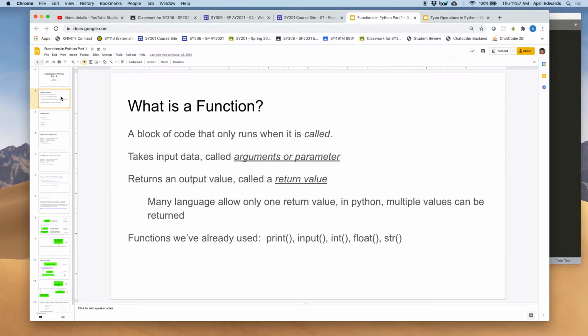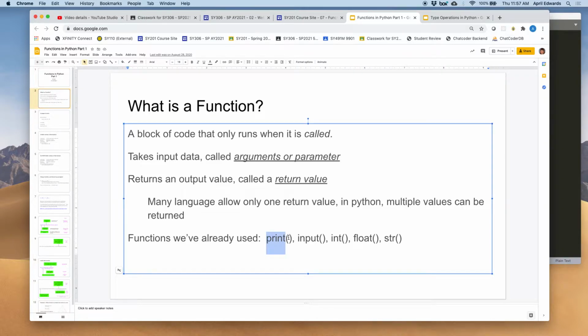Functions always have some kind of input data, although that can be none, and also a return value, which can also be none. Although most languages allow only one return value, in Python we do have ways of returning multiple values, which is an interesting and unique feature. Anytime you see a keyword followed by open and close parentheses, you're calling a function. So we've actually already used a bunch of functions. We've done print, we've done input,